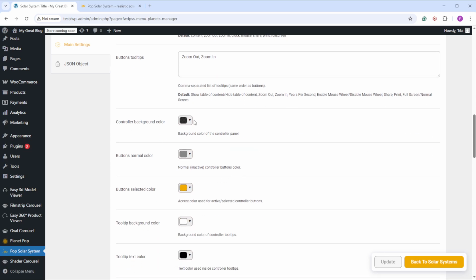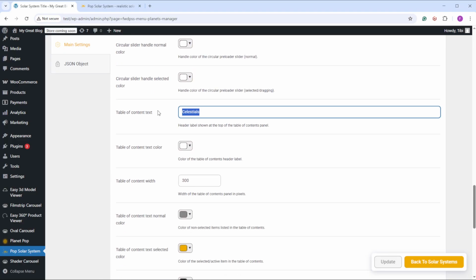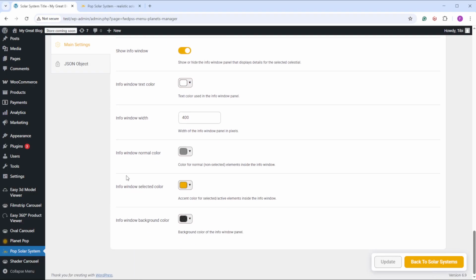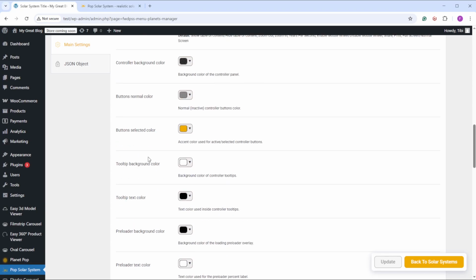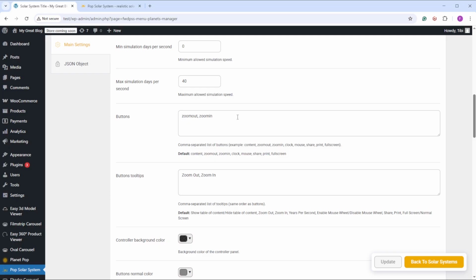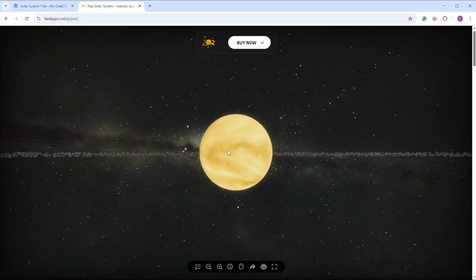You can change the background colors, you can change the name of the table of contents. All this stuff, it's here. All you need to do is to go through it, and everything is self-explanatory. I'll not go through these settings because it's not the point of this tutorial. So for now, all you did is remove this from the controller, and now to set up the planets themselves,